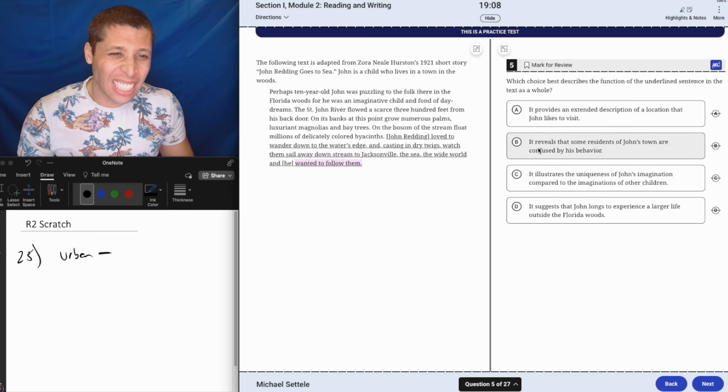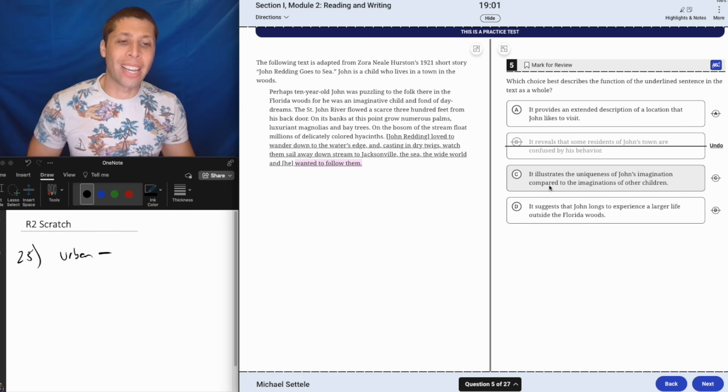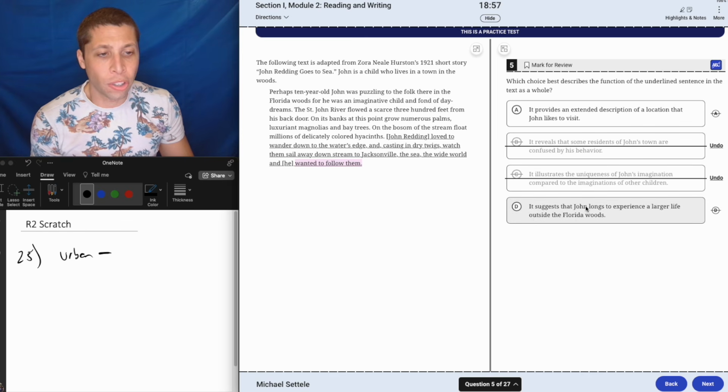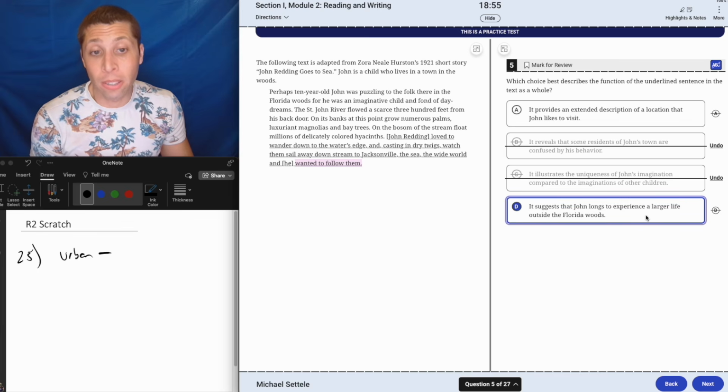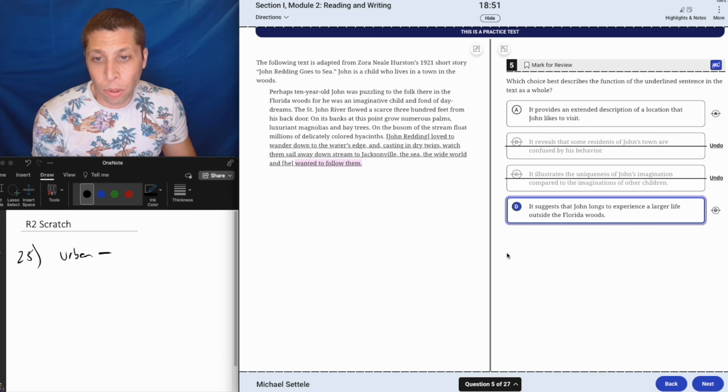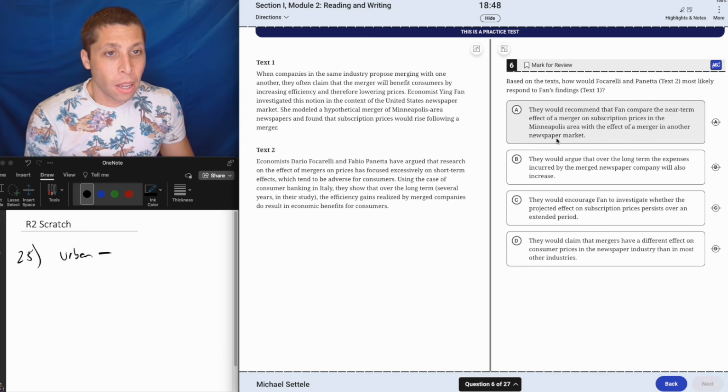Maybe. It reveals that some residents of John's town are confused by his behavior. No one's confused in that sentence. It illustrates the uniqueness of John's imagination. No, he's not unique. It's not comparing him to other children. It suggests that John longs to experience a larger life outside the Florida woods. Yeah. Right, the wide world, he wanted to follow them. Yeah. Okay,